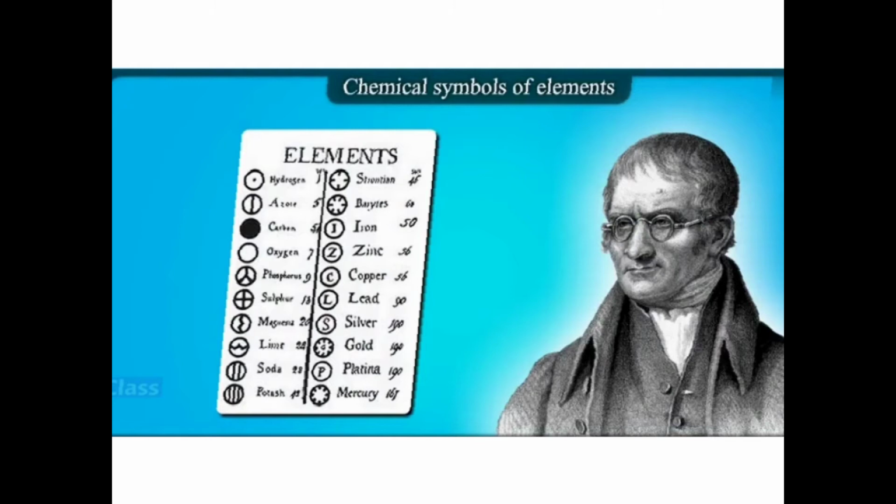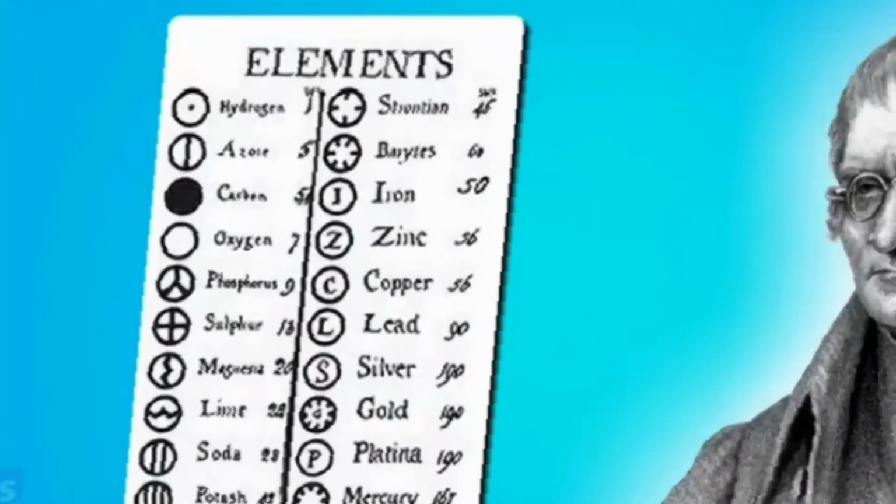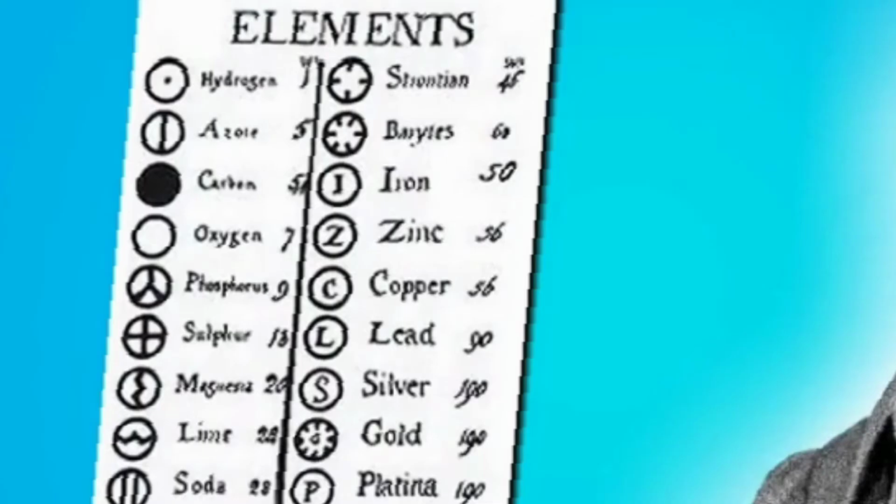Can you name this scientist? Yes, he is Dalton. Now, what Dalton thought of was that instead of writing hydrogen, copper, silver, etc., we should put some symbols for them. I can just show you all these symbols. So instead of hydrogen, he put a symbol, a circle with a dot at the center. So this is nothing but hydrogen. Like that for all the elements, there were other symbols. It may have been easy for him, but for us, it becomes so difficult.